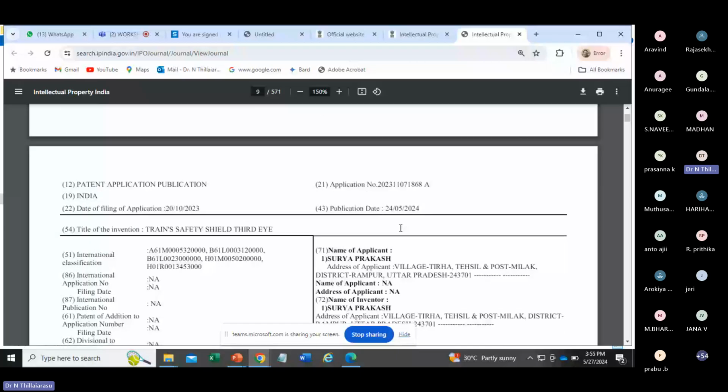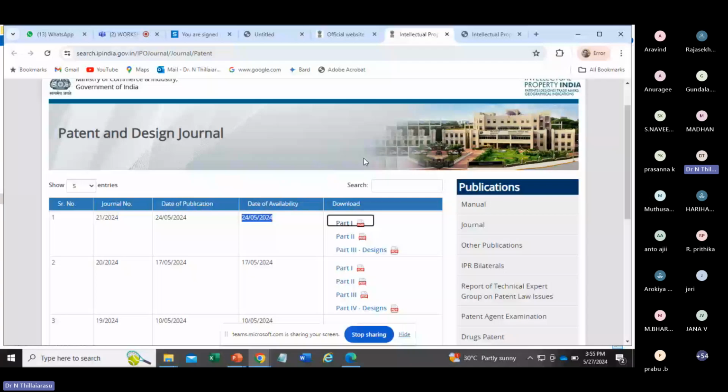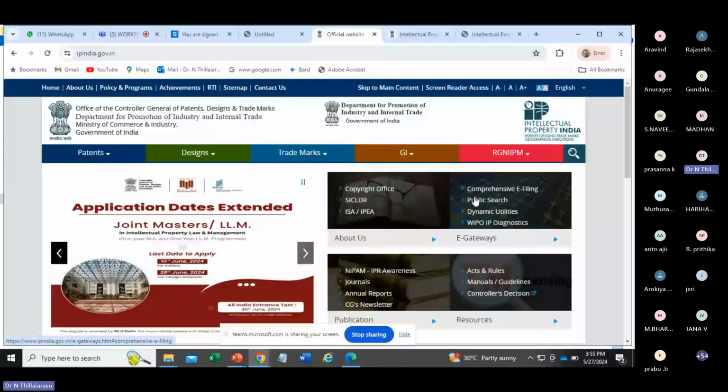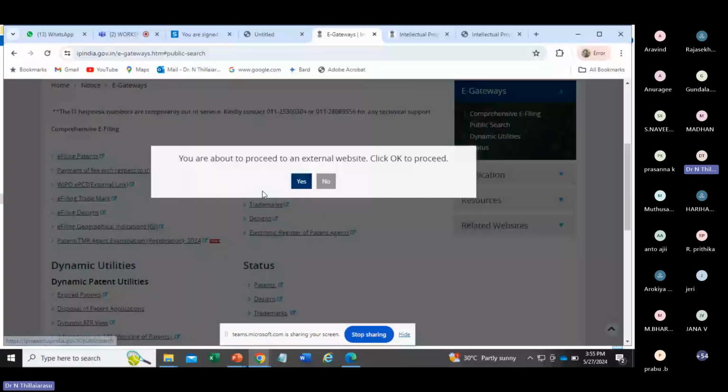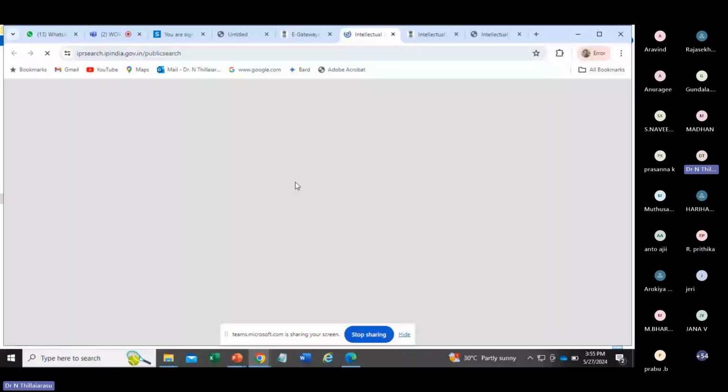Once you have done a filing, if I want, I'll note down this application number. I'll go to the same IP India website. Here the comprehensive e-filing is there. Public search. If you click here, public search, patent. I'm going to this patent tab. You go to application status.